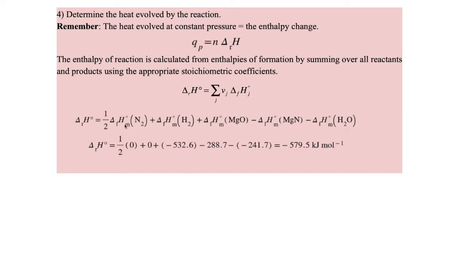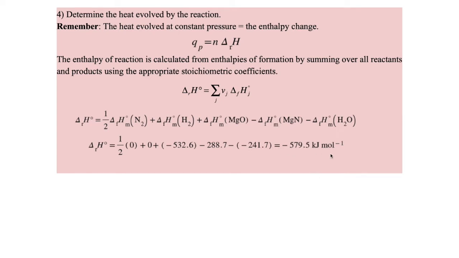Oh, wait a second. The delta H of formation of elements in their standard state is 0. And we have 2 of those elements here. N2 is in its standard state, H2 is an element in its standard state. Both of those have delta H of formation of 0 then. We sum up all the other terms, subtract off as appropriate, and we find delta H for the reaction, which